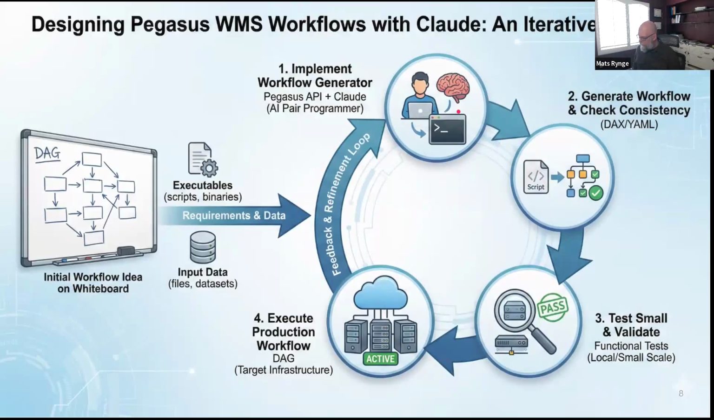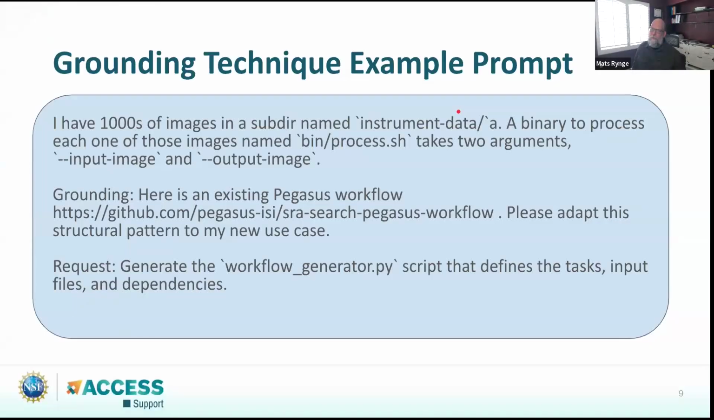If you're interested in that, one of the things we recommend is that you use something called grounding in your prompt. So this is an example prompt for generating a workflow. And the grounding is that middle paragraph here, middle sentence. And really what we're doing is we're just saying, hey, when you generate this workflow, look at this other example and base the new one